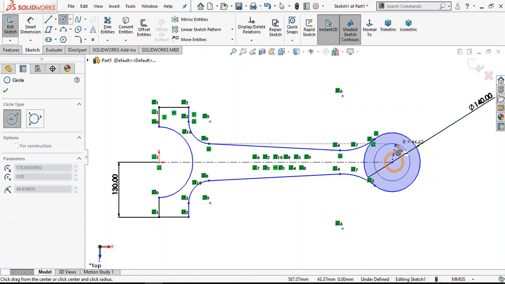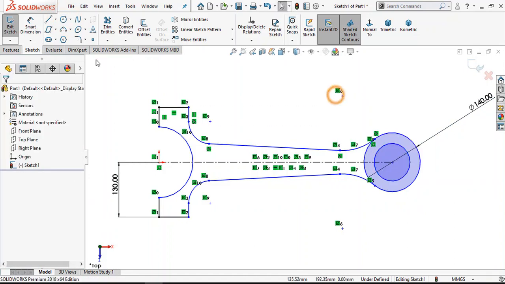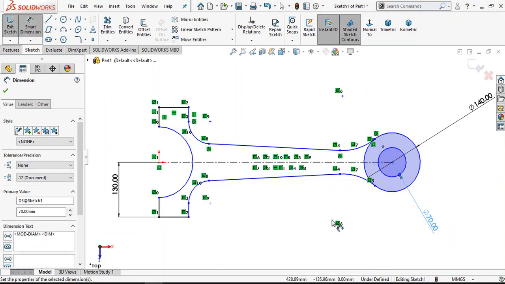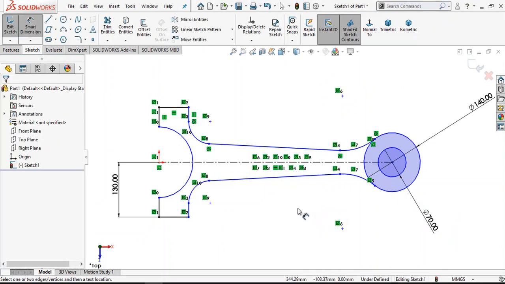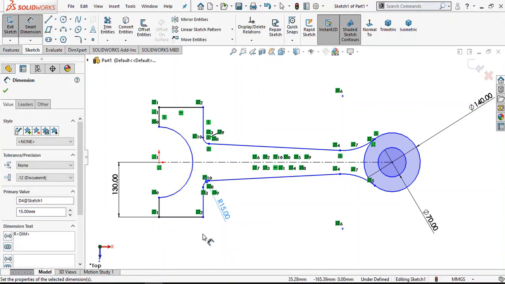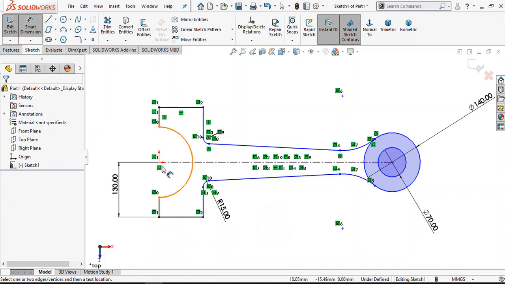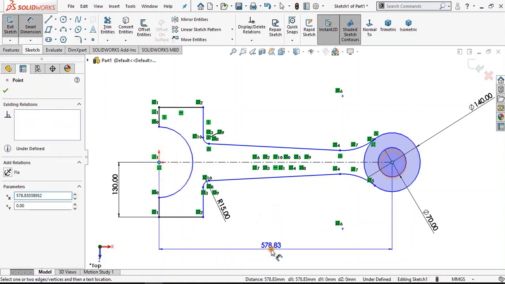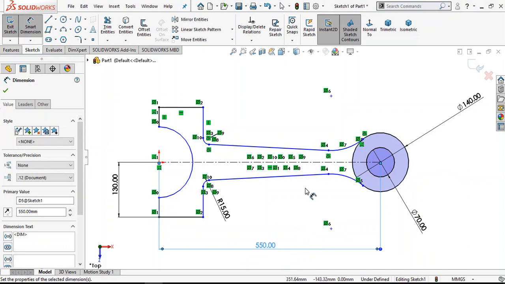Create a circle here also. This circle is 70 mm diameter. This is 15 mm radius. The center distance from here to here is 550 mm.